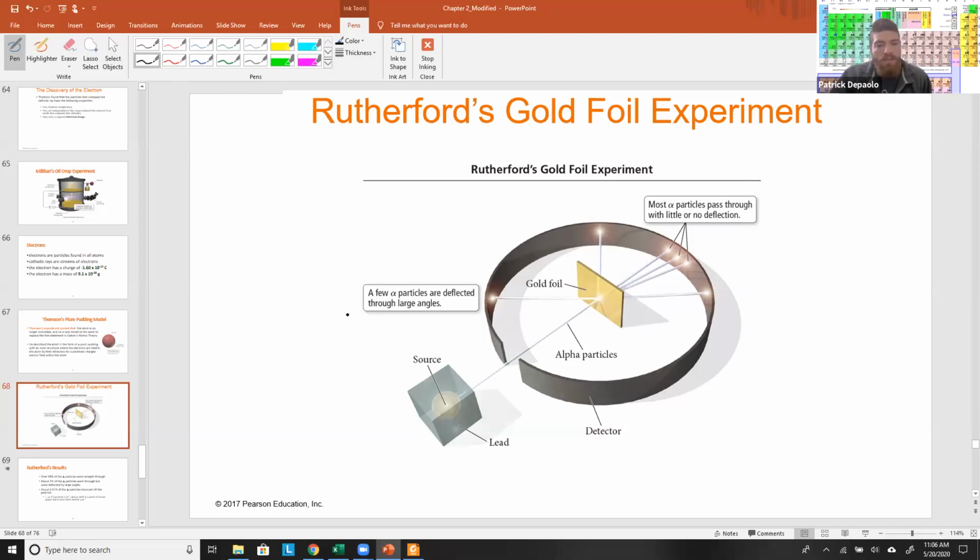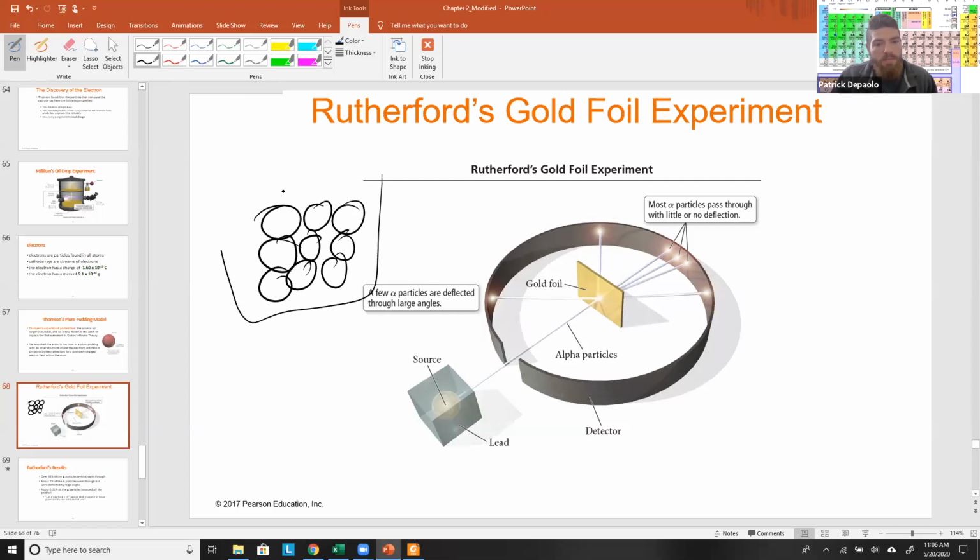If you think about this, you're shooting one atom into another. Thompson would be like, oh, that's preposterous. It would do nothing. It would just bounce off, because you have gold, which is just going to be a bunch of atoms of gold in sheets like that. So he shot these smaller helium atoms through, and everyone would think, yeah, this is going to bounce off directly the way it came back. Duh. That's not at all what happened. What happened was